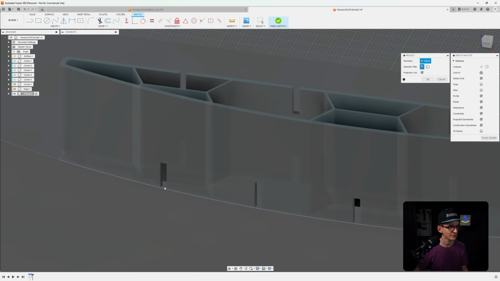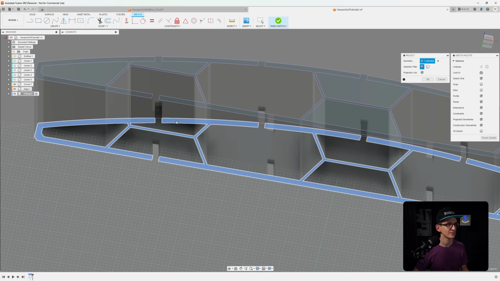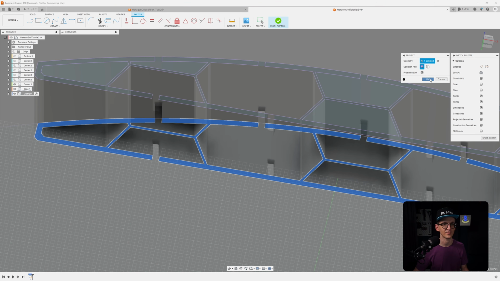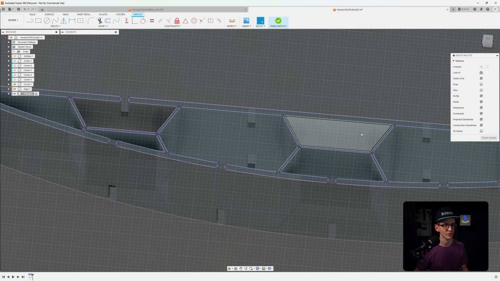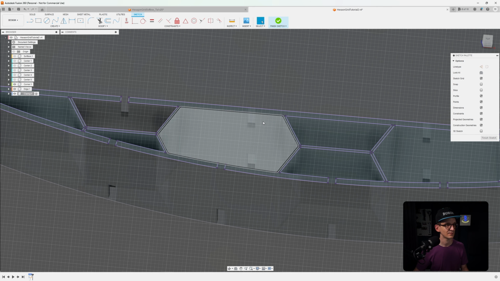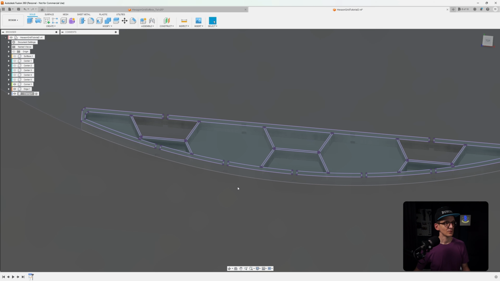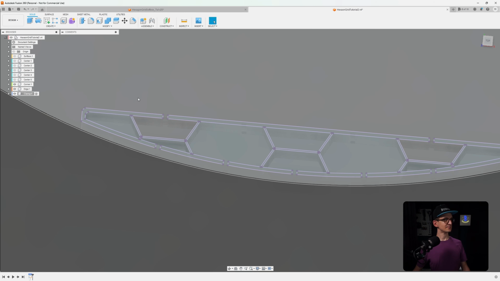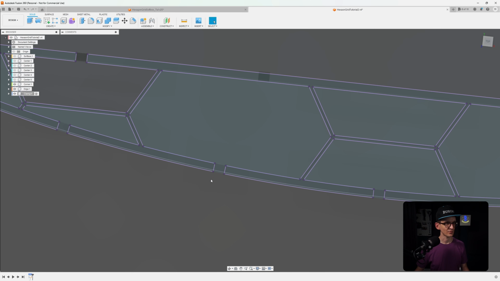So now we have, no, that's actually not what I want. Project, I'd like to have the lower side, and then we have all the clamp cutouts as a reference, and that is something we can work with. Right. Good. Now I would like to design the clamp outline on this sketch for the